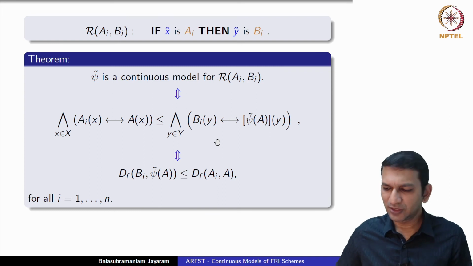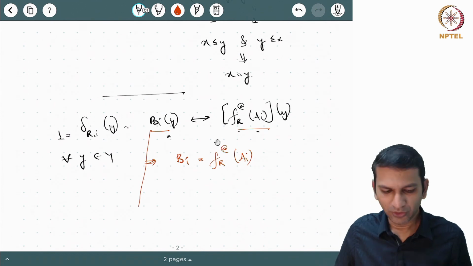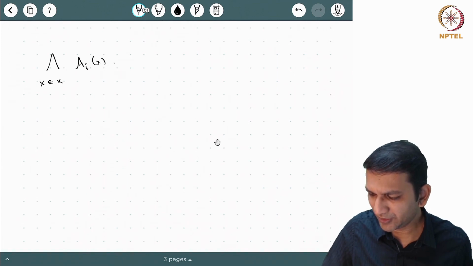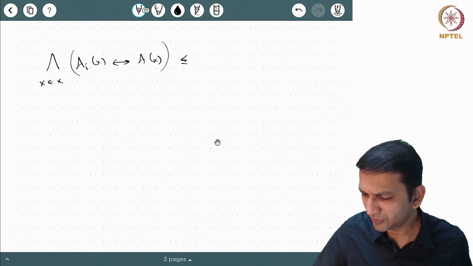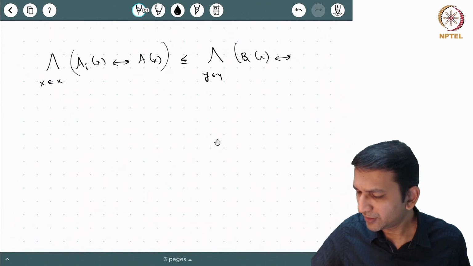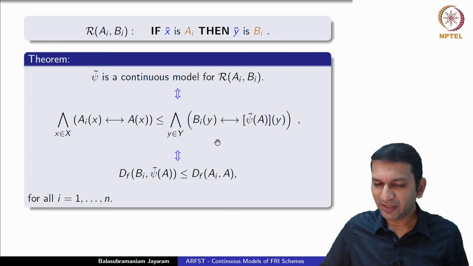Now the proof is not very difficult. Let's look at this. Note that what we need to prove is, we are given this: infimum over x of a_i(x) implication a(x) is less than or equal to infimum over y of b_i(x) residuum psi tilde of a. So now this we need to show is in fact equivalent to